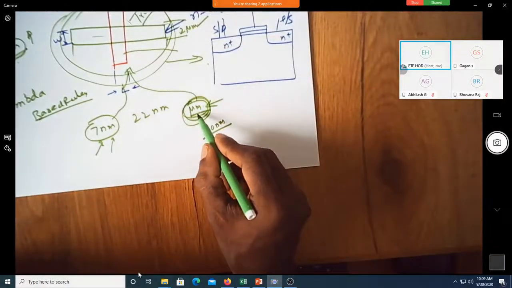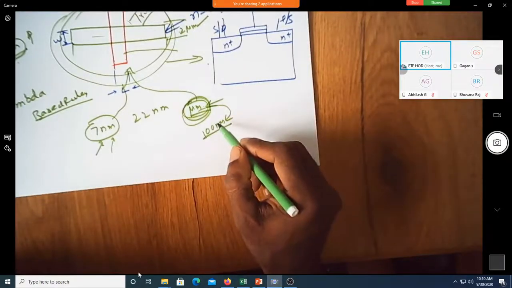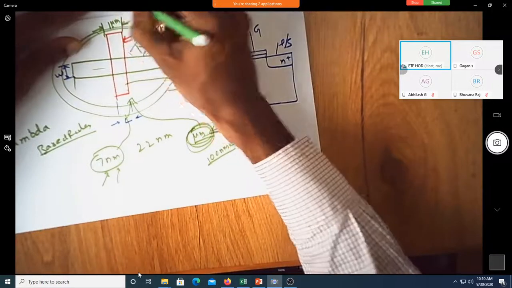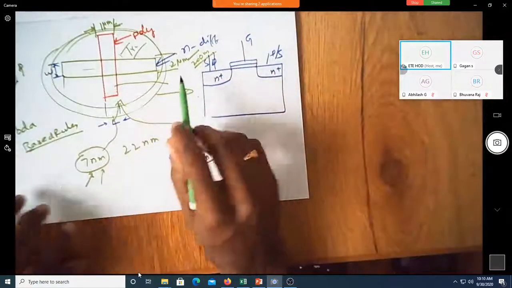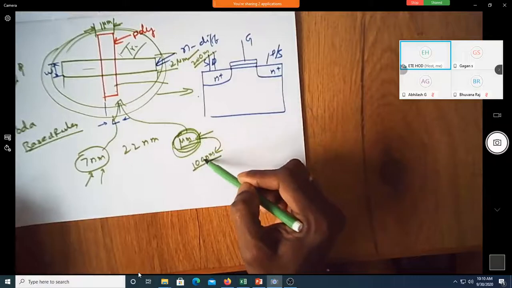Earlier you maintained the dimension as 1 micrometer minimum, here it is 2 micrometer minimum. When the technology changes from micrometer to hundreds of nanometer, you cannot come and say this should be 100 nanometer and this should be 200 nanometer. You can see now you are talking in terms of dimensions which are in micrometer and nanometer.